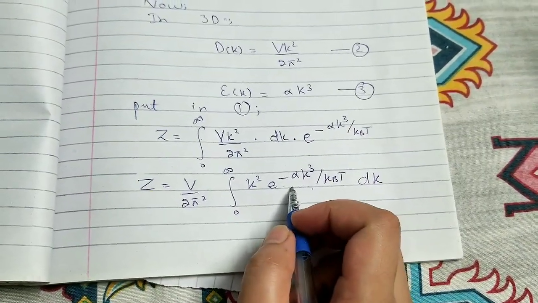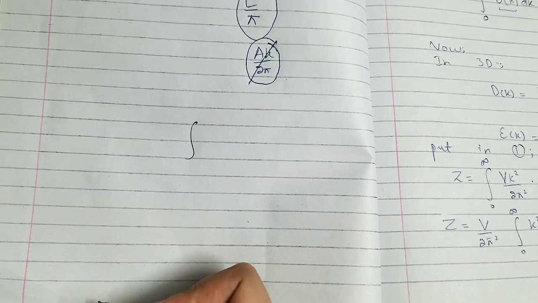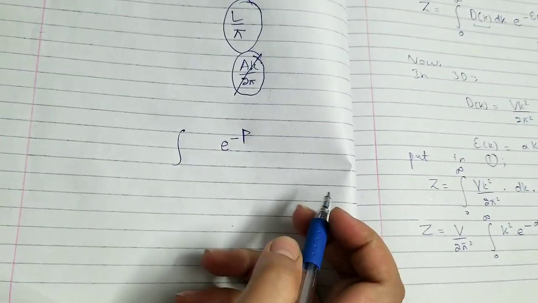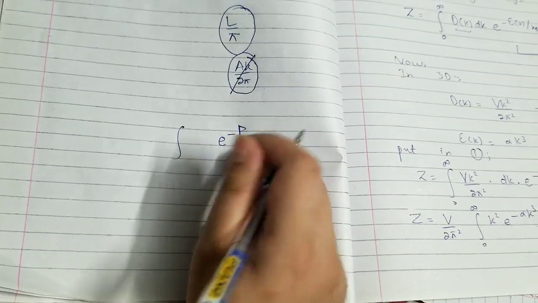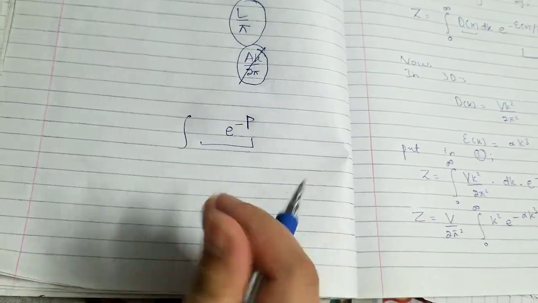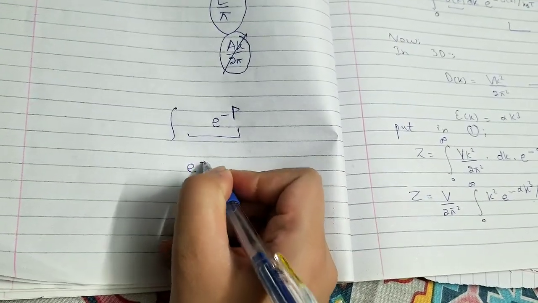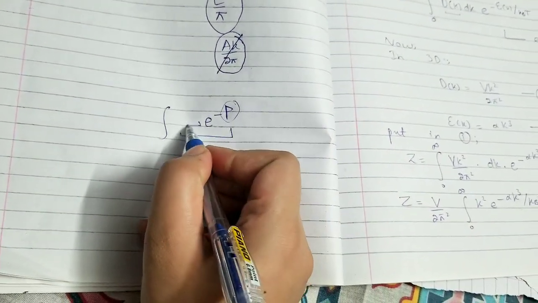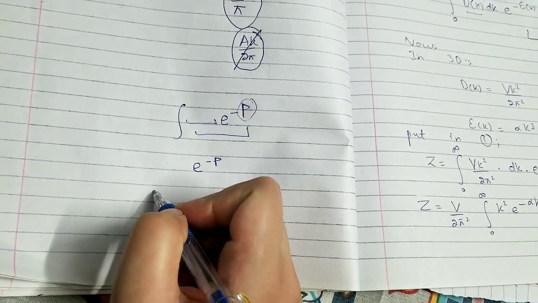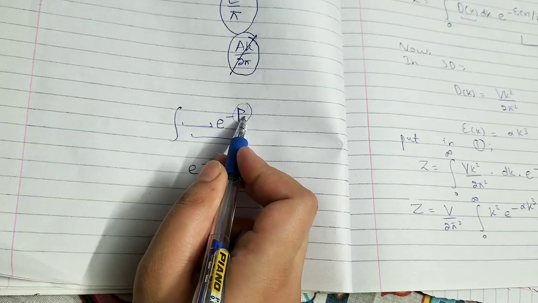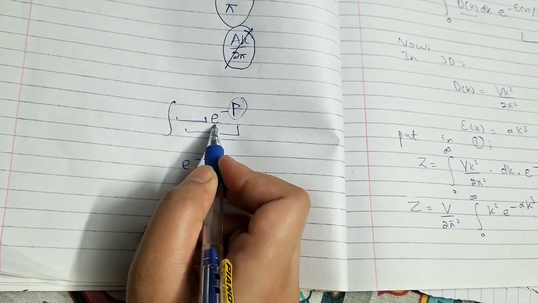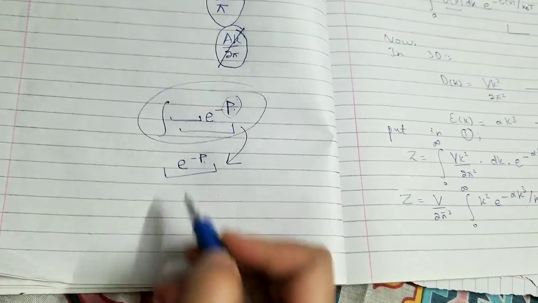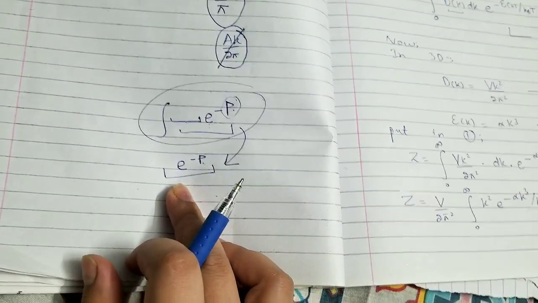Now here the general rule is, I'll tell you people, that if you have an exponential function with minus some power, let me call it p as some power, and you are integrating it, then the integration of this function is equal to that exponential function, if and only if the derivative of its power comes side by side to it inside the integral. If the derivative of the power of the exponential function comes beside the exponential function inside the integral, then that whole integral could be written as equal to that exponential function itself. So the integration would be that exponential function itself if the derivative of its power